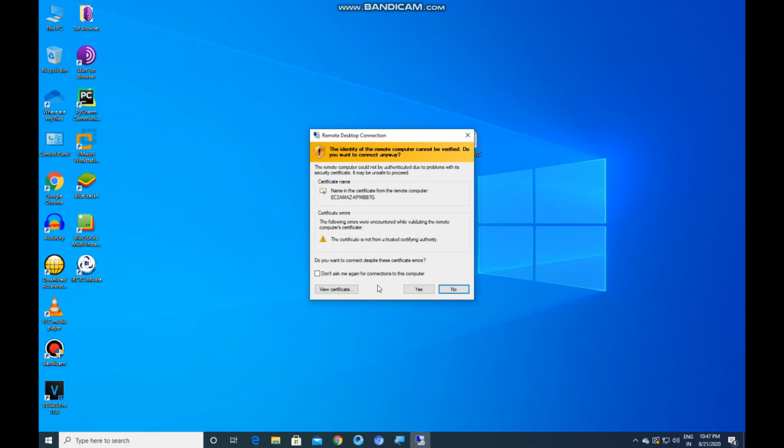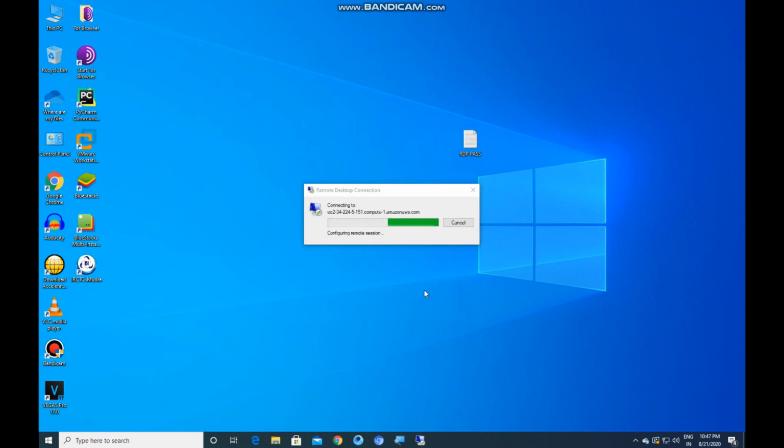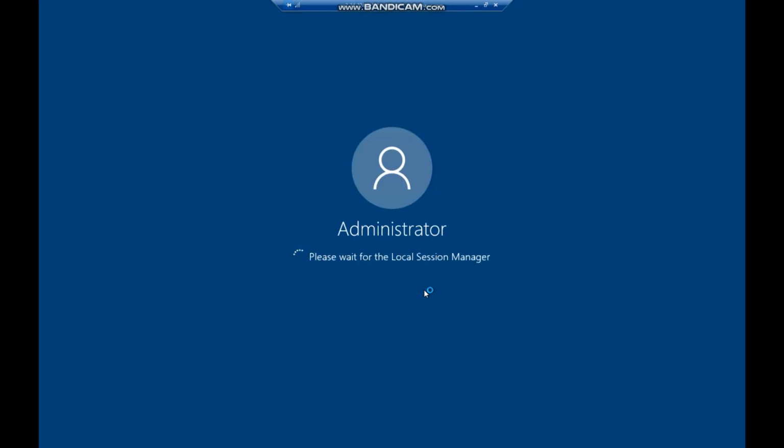It will connect to the RDP, and click on Yes. Now you will be redirected to the AWS RDP. Guys, it takes up to 5 minutes, so please be patient and wait for it, because it depends on the network speed. So please be patient and wait for it to get connected.